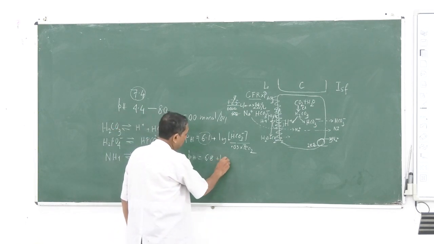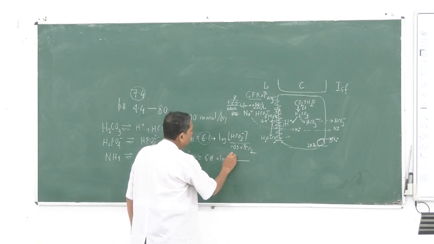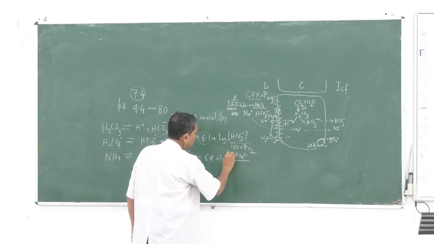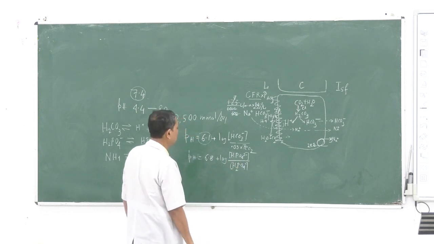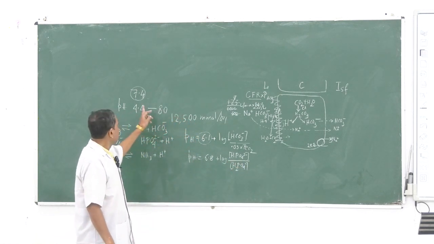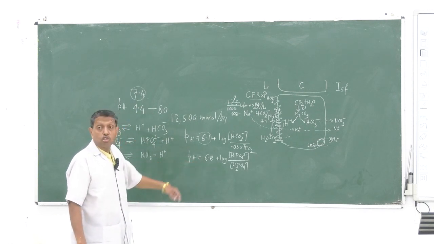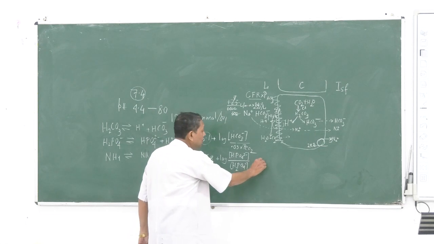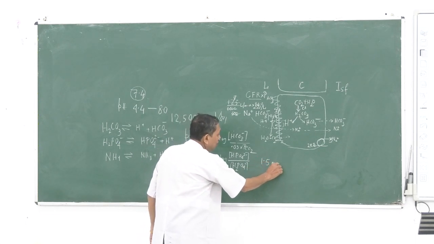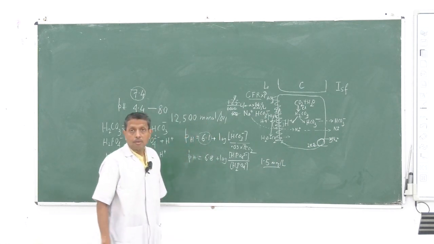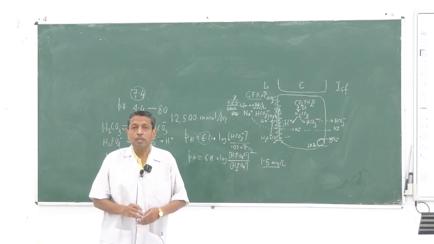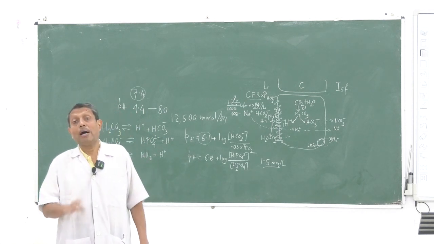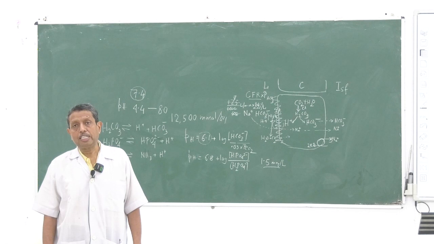plus log. It is relatively close to that of 7.4, but the concentration is low, 1.5 milliequivalent per liter or so. Concentration is lower. In spite of that, in the case of tubules, they perform some important functions, because in the proximal tubule,